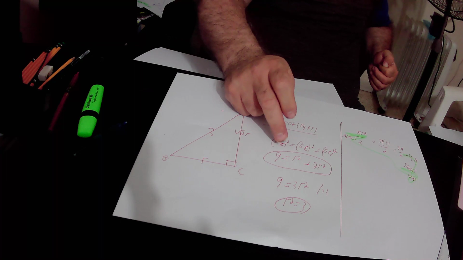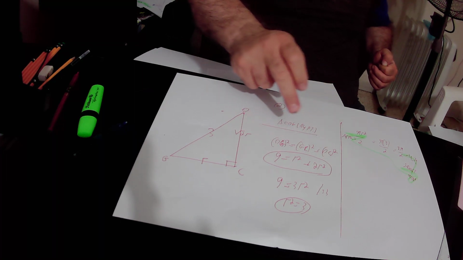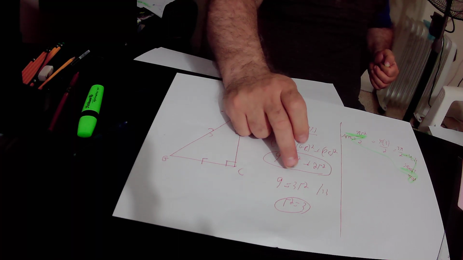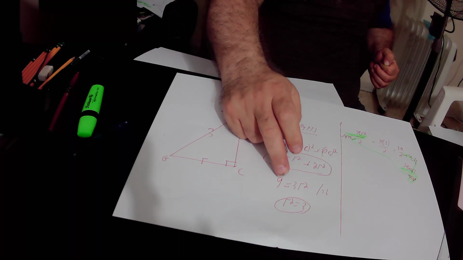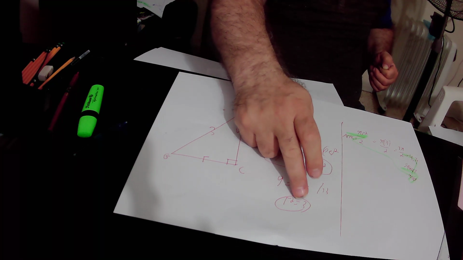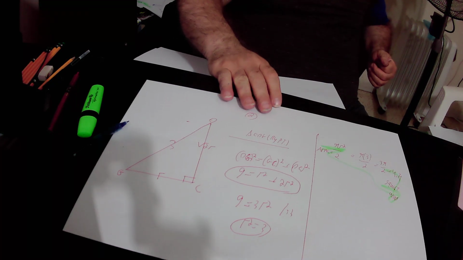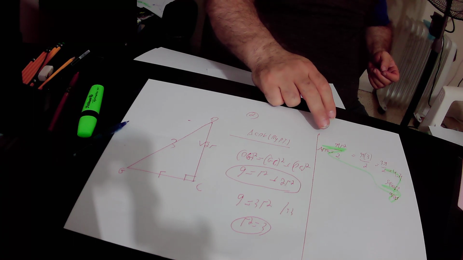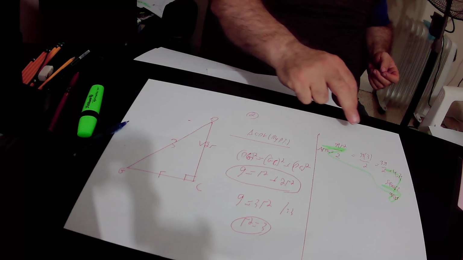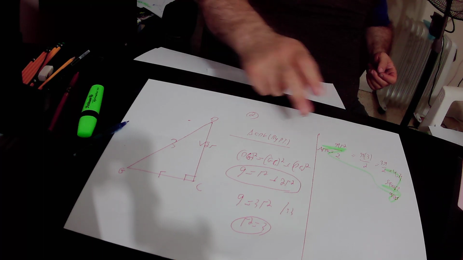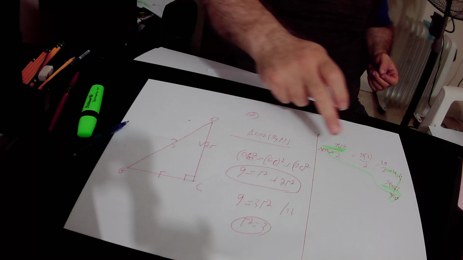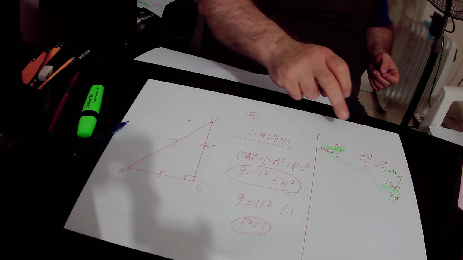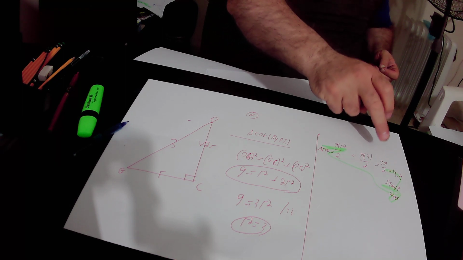So in conclusion, we found out that 9 equals R squared plus 2R squared, which is 3R squared. So 9 equals 3R squared, we divided this equation by 3, and we found out that R squared equals 3. And we know that the area of the semicircle equals pi R squared over 2. So we substituted R squared by 3 over 2. So in conclusion, the area of the semicircle equals 3 pi over 2 square units,